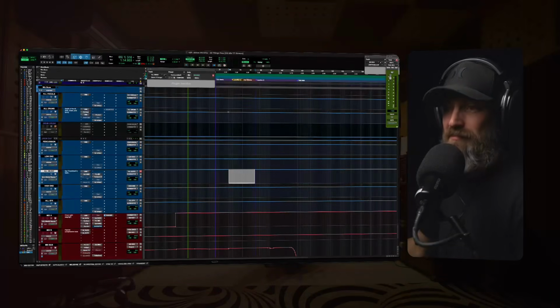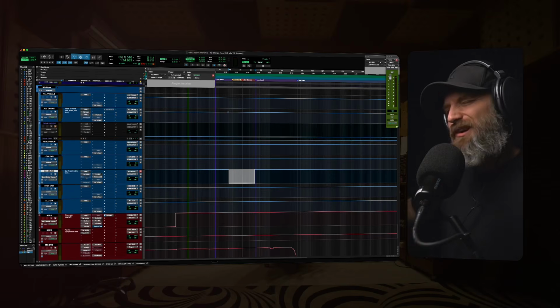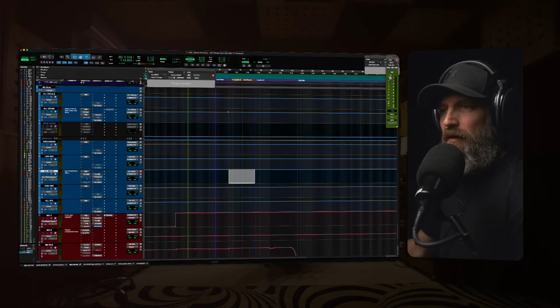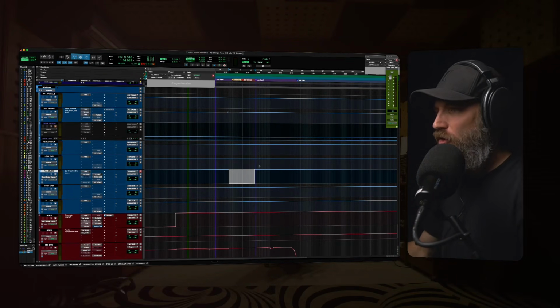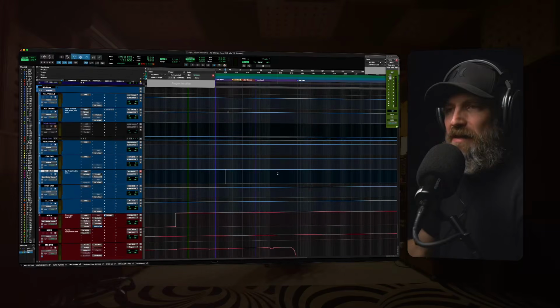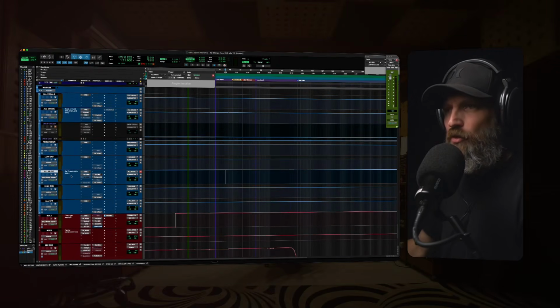Things change, that's for sure. How much wider or whatever, but it's a cool effect. And then you get a little bit louder with it too. So I'll automate that at the chorus, and that's a ton of fun. So what else for the all music bus? I also will